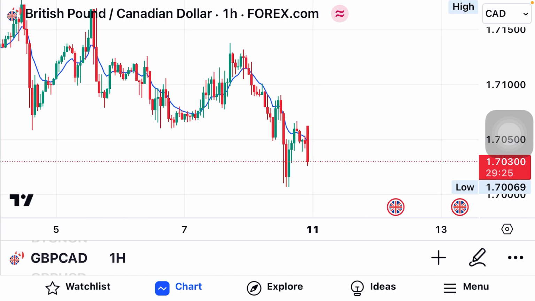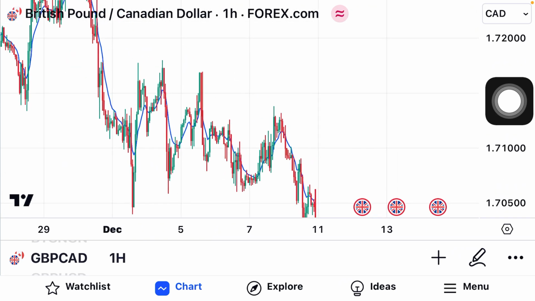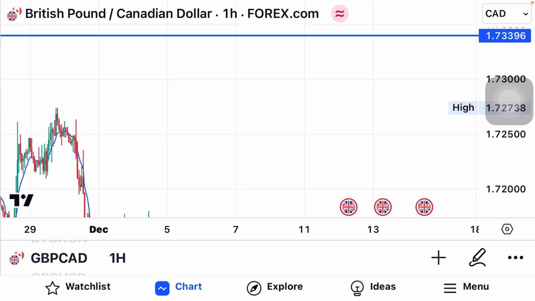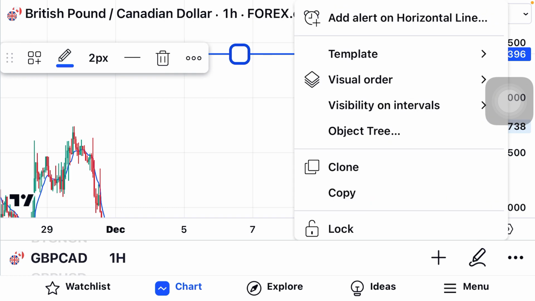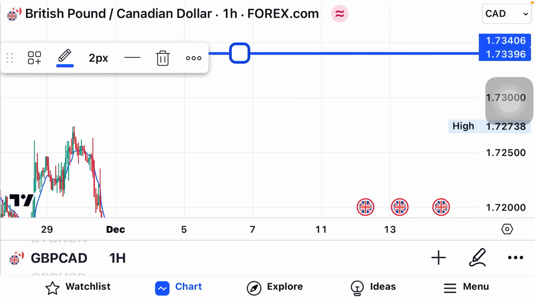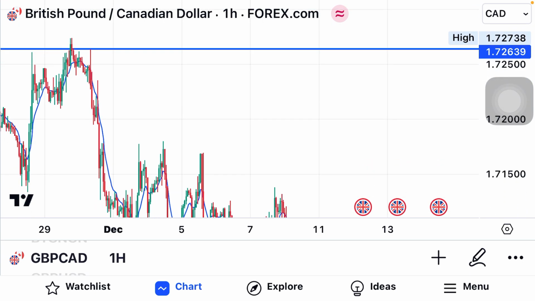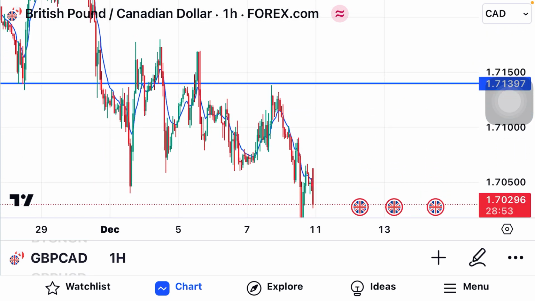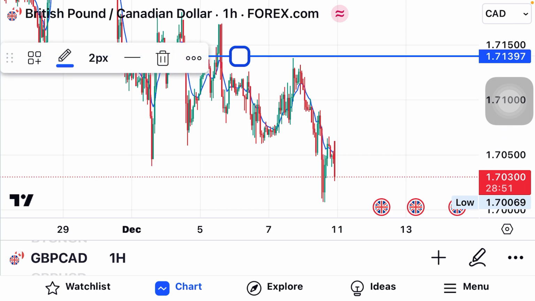Now, I am not saying that buyers will not come into this market. Buyers will still come, and that is why I'm waiting for this market to break above this level. Don't be surprised once the banks open. Don't be surprised, the market can even go up, right? And I'm even expecting the market to, let me pick this. Now I'm expecting the market to come and break this level here, to come and test this level here,